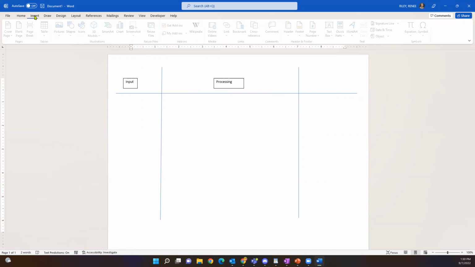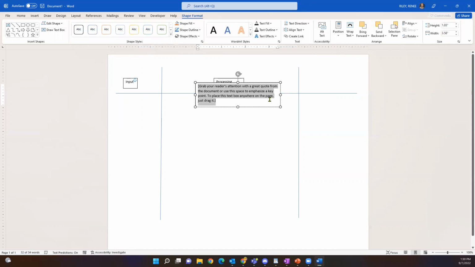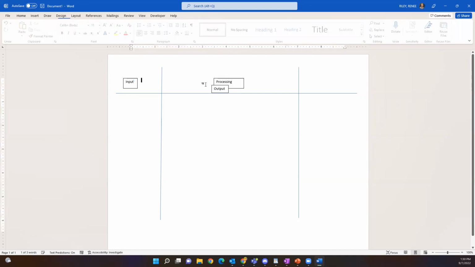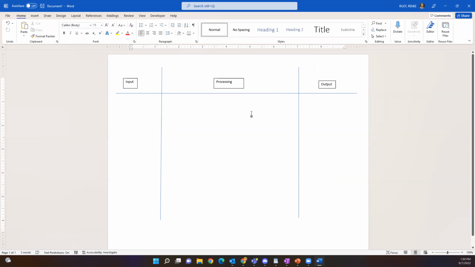Last one, insert text for output. Oops, I don't want to resize it. I want to move it. So my IPO chart then, my input, process,